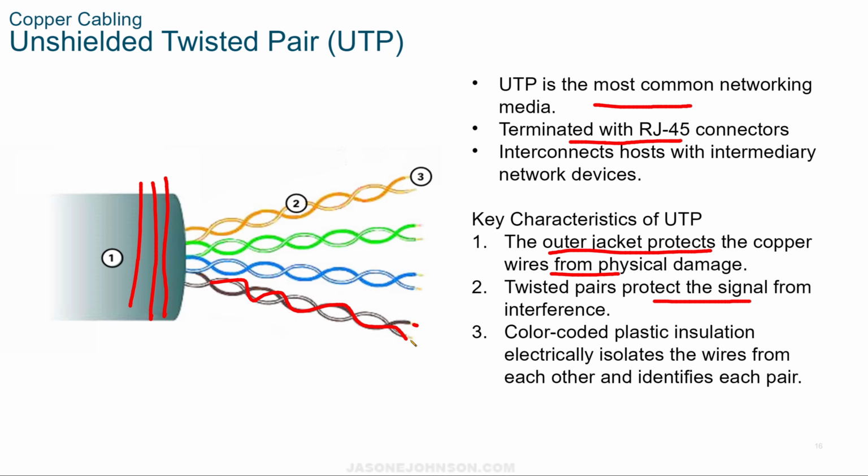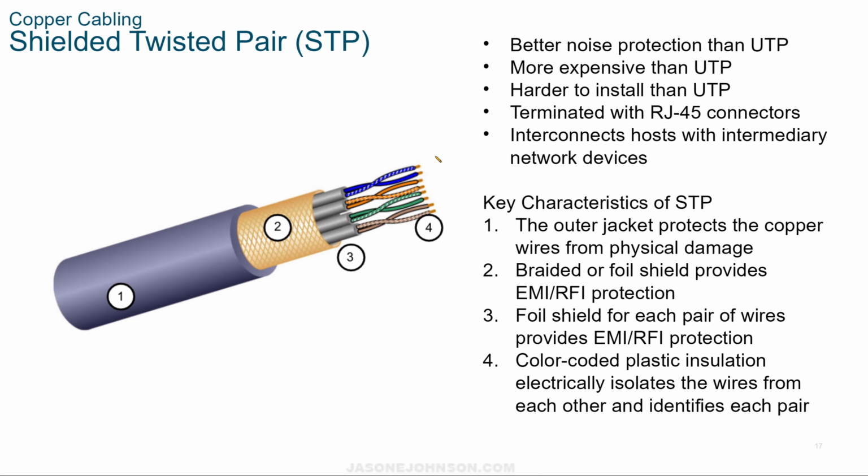So you'll see that there's a little piece of copper wire inside. So we have plastic coating here, and then we have this plastic coating here. By putting this plastic coating, and then by wrapping them together, and then by color coding them, that lets us know what the wire does, and it also protects it, and the wrapping helps us with the attenuation. With shielded twisted pair, we still have the small copper wires in the middle. We have the plastic sheathing. We have them wrapped around each other. And then we also have them color-coded.